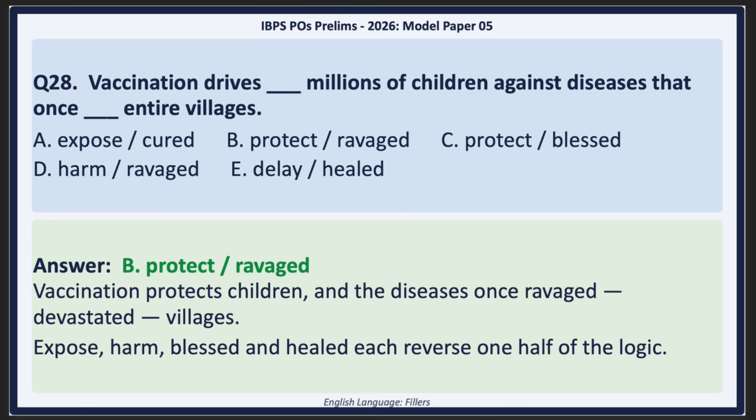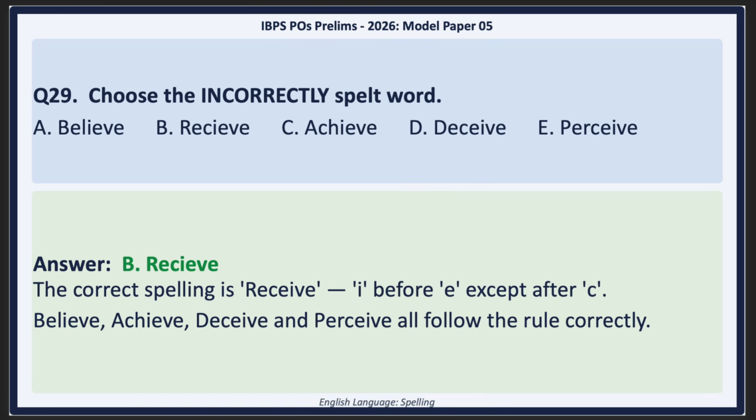Okay, question 29, spelling. I am terrible at this without autocorrect. The test asks you to find the incorrectly spelled word among believe, achieve, deceive, perceive, and receive. Option B is correct because "receive," spelled on the test as R-E-C-I-E-V-E, is fundamentally incorrect. It violates the old rule, right? Yes, the age-old mnemonic, I before E, except after C. Since the letters follow a C, the E must come first, R-E-C-E-I-V-E.